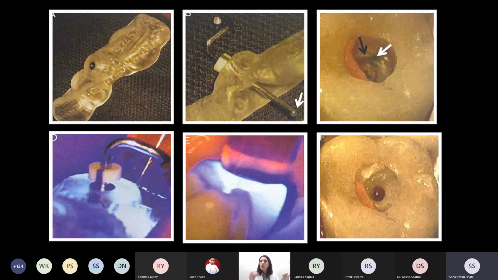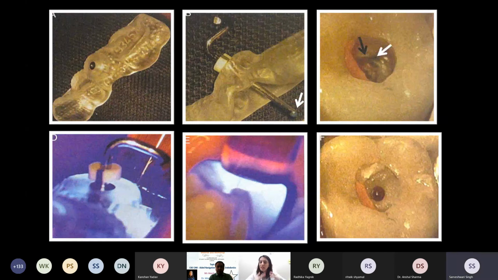So now, if you want to negotiate the calcified canal, you don't need a guide. What you need is just the burr and the endodontic handpiece. So take the endodontic handpiece, which can easily get into the patient's mouth without the guide. You take out the guide, take the endodontic handpiece, put the burr inside, and easily negotiate the distobuccal canal, which is the only canal that is visible to you on the tooth.